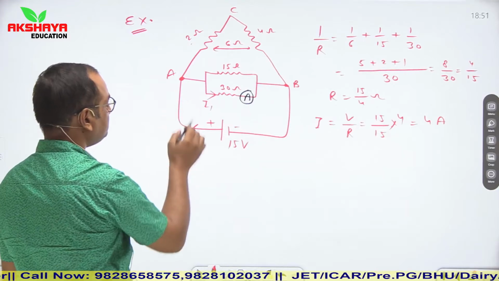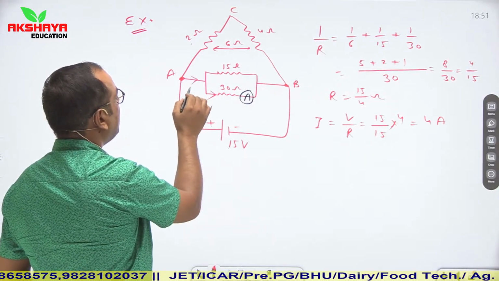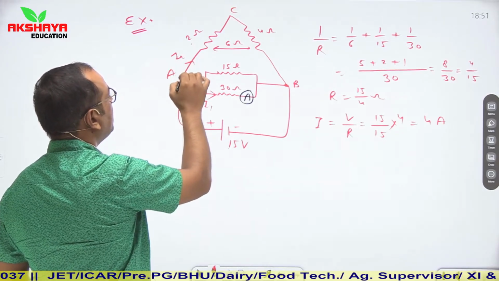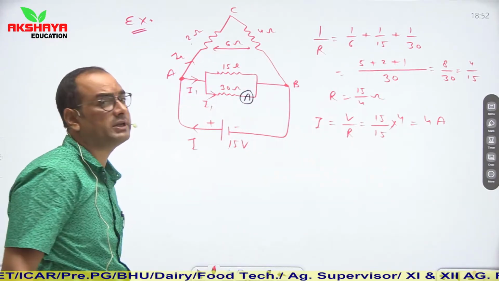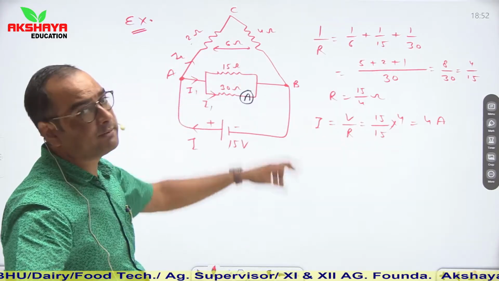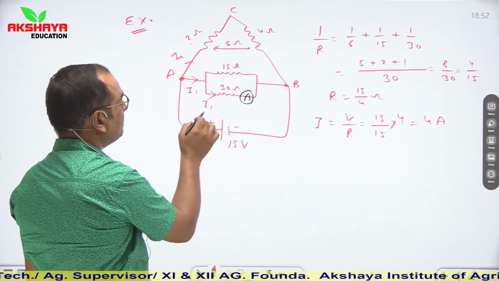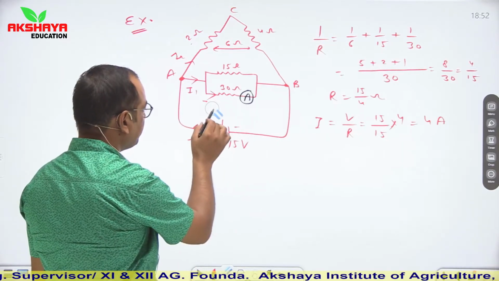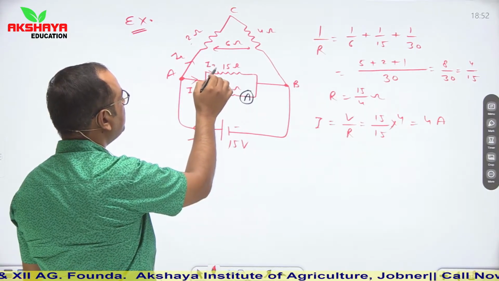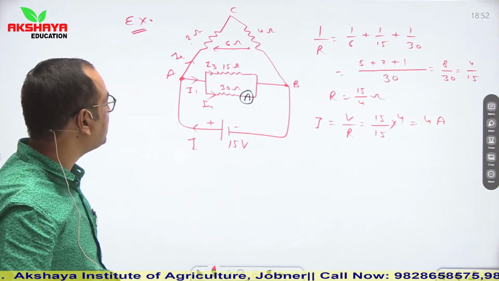Now see, if I redraw this circuit, then we can say that here current I1 is flowing through this branch and I2 is flowing through this branch. In this branch, 2 ohm and 4 ohm resistors are connected in series combination, so an equal amount of current will be flowing through them. Now again, this I1 current is divided into two parts. Let us say this current is I3 and this current is I4. So we have to find the value of this current I4.